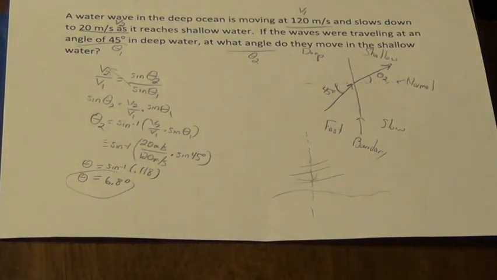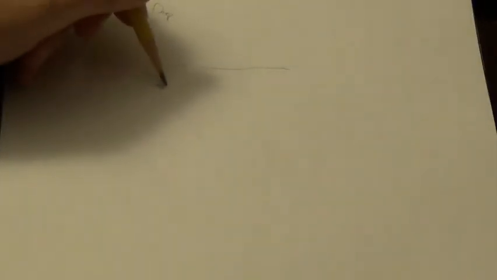And if we want to discuss very quickly why that is, using what we've learned, if we've got deep and shallow water, here's my normal line. So if the waves come in this direction, they slow down as they go into shallow water. So what do they do? Instead of going straight, they bend towards the normal line, which is closer to being at a 90-degree angle to the beach. What happens if the waves come in from the other direction? If they come in from this direction,